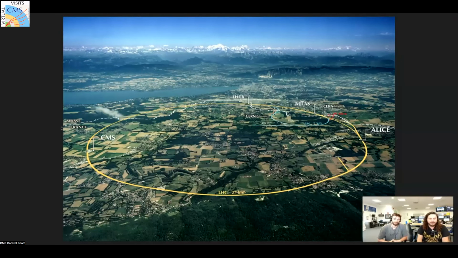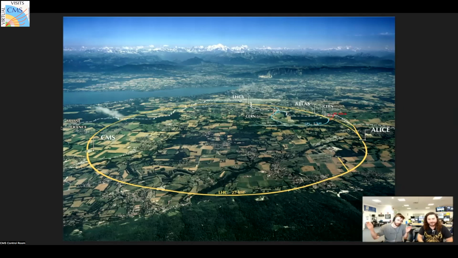And here you see a view of this giant yellow circle, which is obviously not painted along the ground. This is just a representation. So as you may already know, most of the LHC infrastructure is deep underground. It's about 100 meters underground. I'm more used to the metric system, so I apologize for the units. In kilometers, it's a 27-kilometer circumference. So if you were to straighten it out into a straight line, that's how long it is.